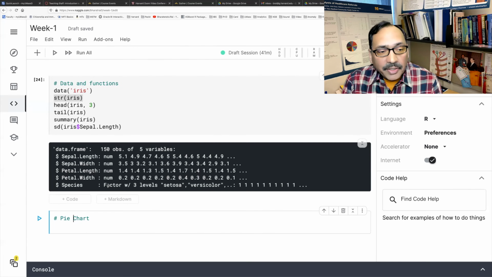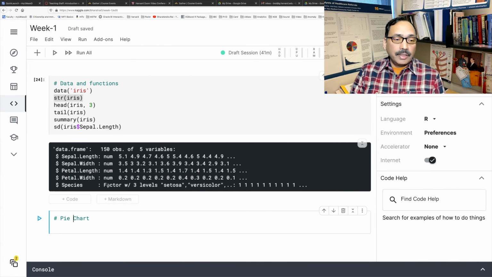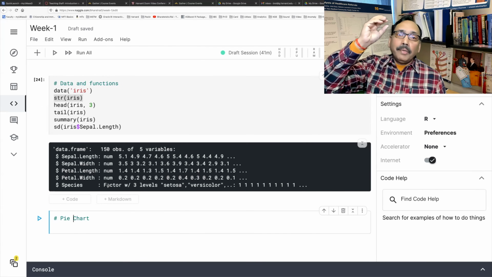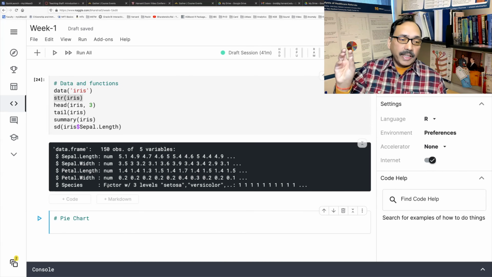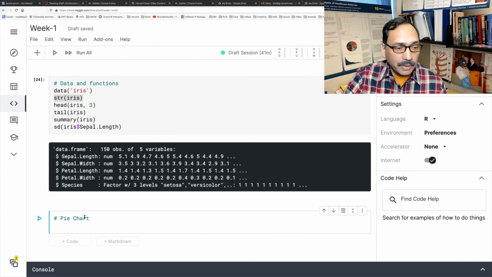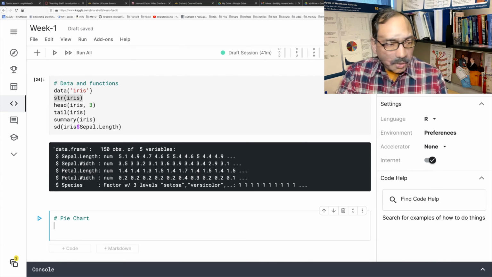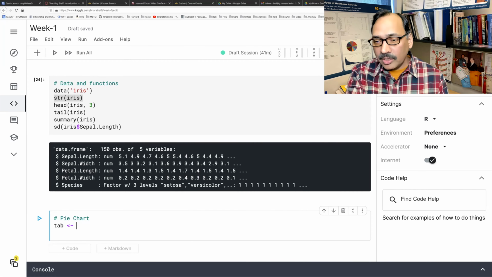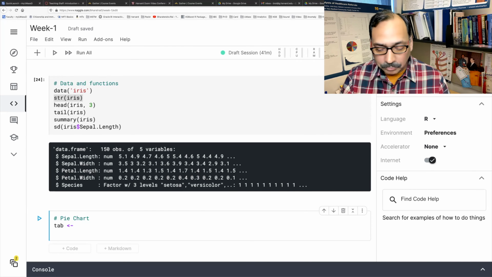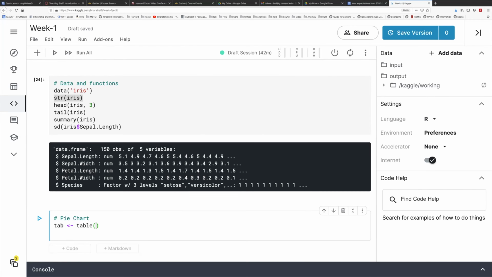So before we can really make a pie chart, we'll have to create a table where we have each species and how many data points for each species. So we have to create a small table first. Let me store results of my table in TAB. This is my name, so this is not a function, the name given by us. And we are storing there a table, Iris